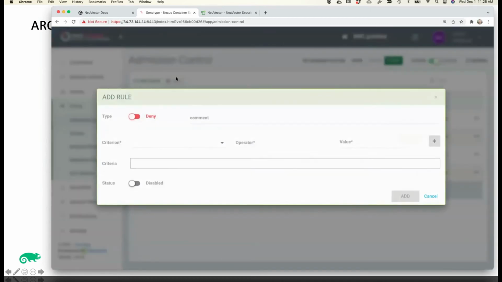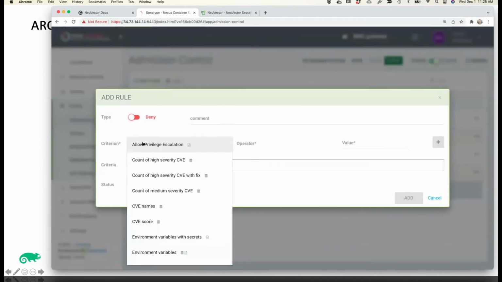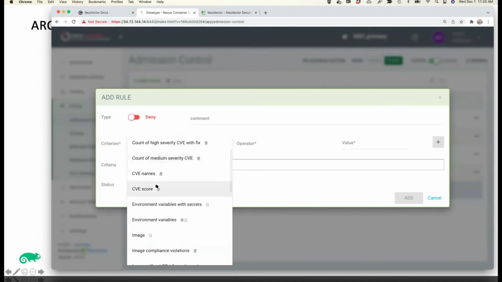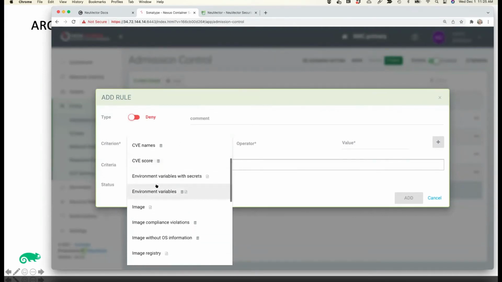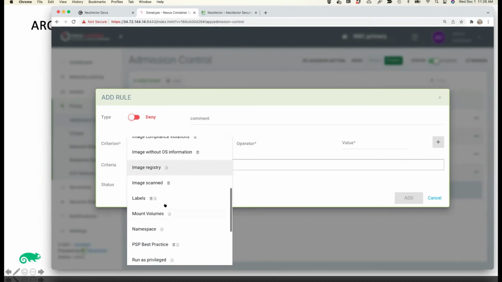But you can see here under the criteria, there is a number of different criteria that can be used, some of which are based on scan results from the image scan that we just saw, and some of which are based on scanning or evaluating the deployment YAML. When that deployment actually occurs, we're going to look at things like, what registry is it coming from?